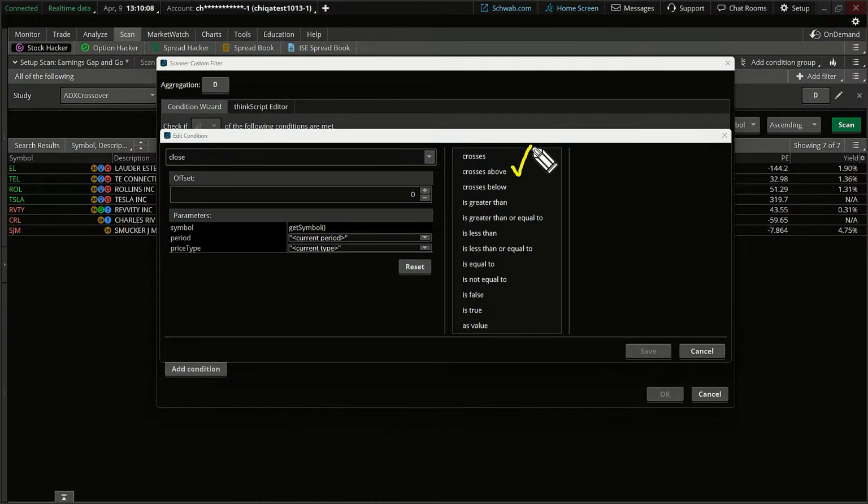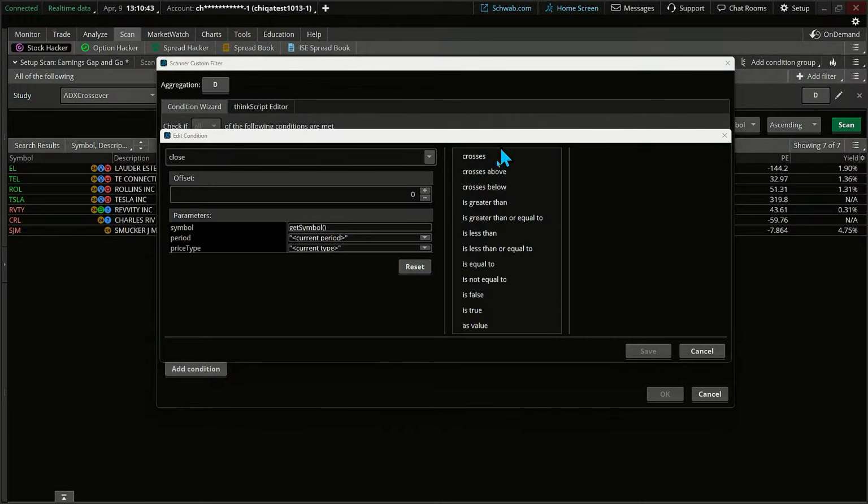Crosses above. Now that sounds familiar. Remember what we were just looking for? Prices crossing above or below. Crosses is not really defined. We want to make sure that it's above. We could say it's greater than, but that means the cross could have happened weeks ago, or even months ago. It could be above the 200 for several months now. In this case, we want it to be, let's just say, prior 2 days. We want it timely as well, like it's just breaking above, like the S&P 500 was.